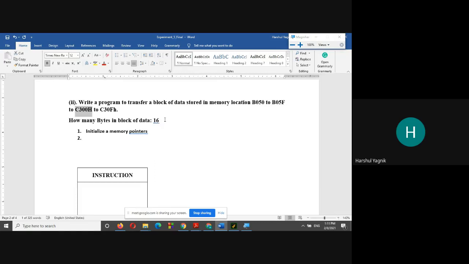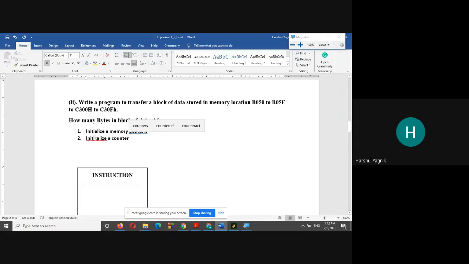So we will require two memory pointers. One for the reading location, one for the writing location. Then, how many bytes are to be transferred? For that we first initialize a counter.